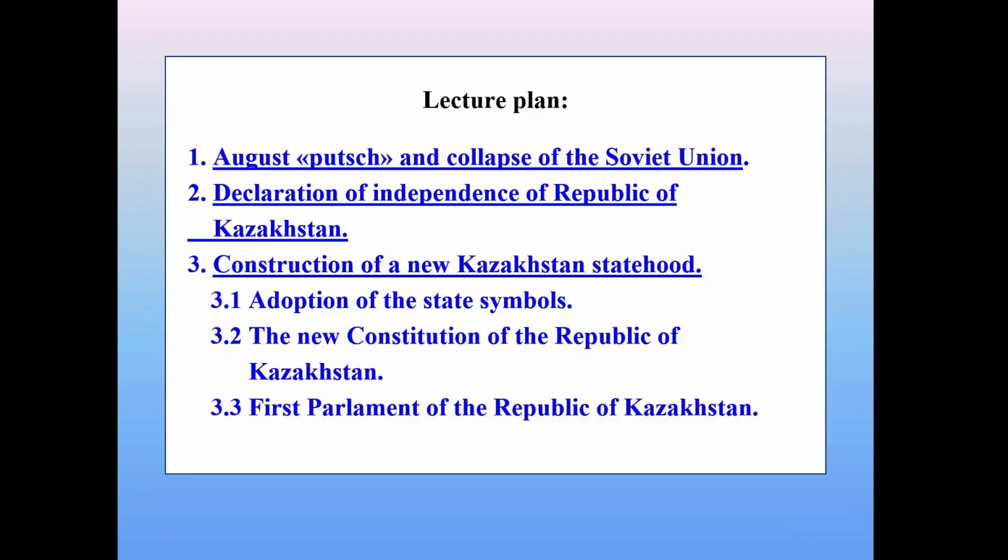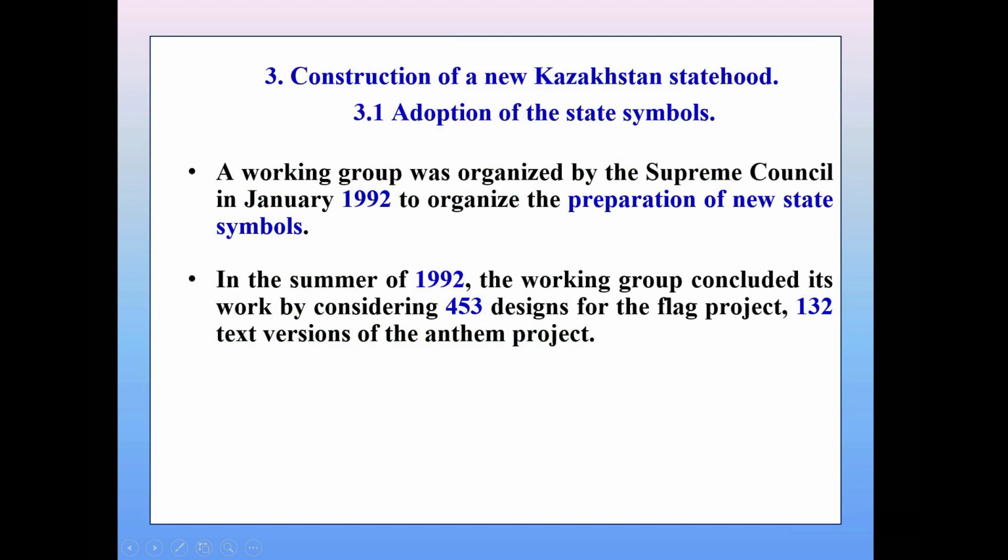Now look at the third and final question, construction of a new Kazakhstan statehood. Question 3.1, adoption of the state symbols. A working group was organized by the Supreme Council in January 1992 to organize the preparation of new state symbols. In the summer of 1992, the working group concluded its work by considering